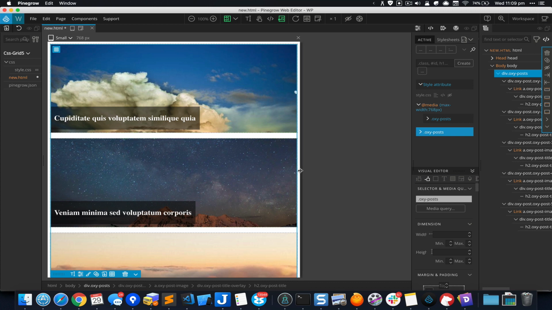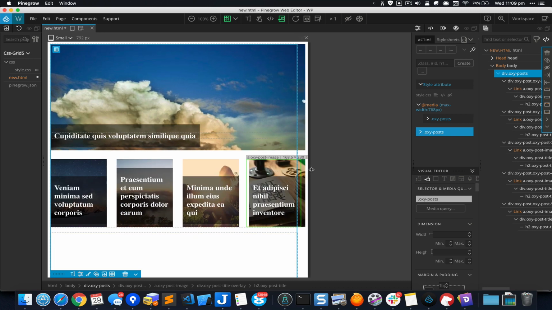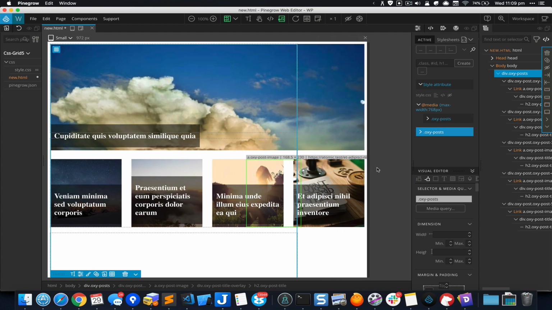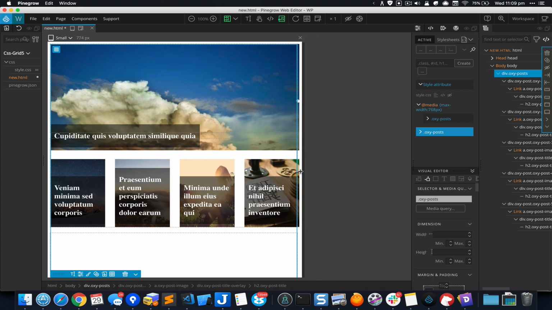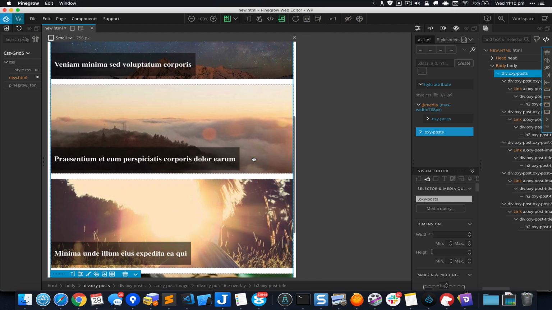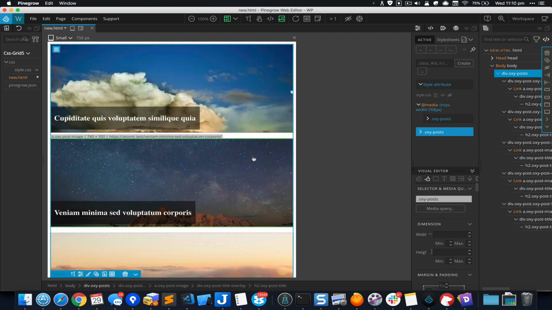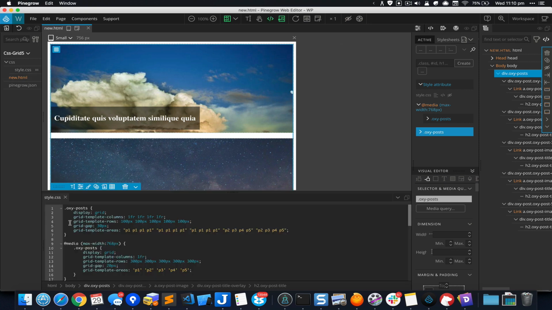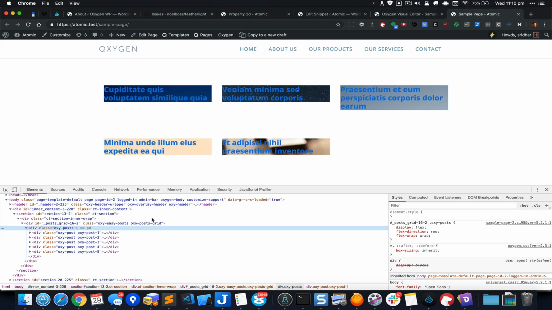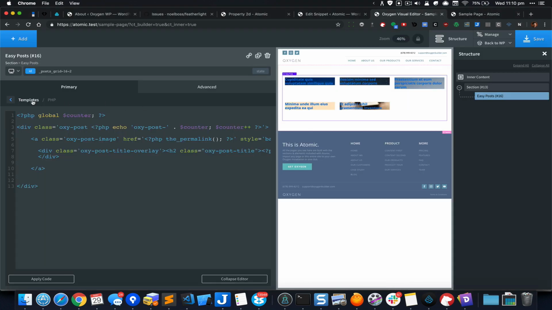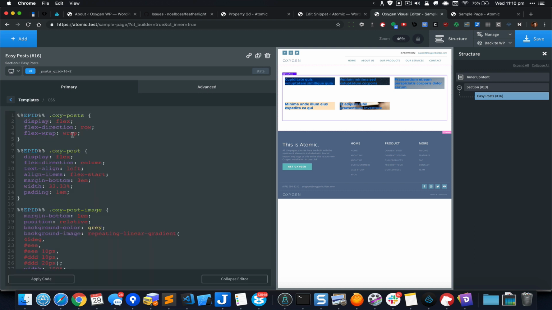So you can test this by going up. So anything above 769 and above is going to be like this. 768 and below, we have just made these posts appear one below the other. Okay, so now it is time to take the CSS and put it in Oxygen. I'm going to click on style.css and copy the entire CSS and go back to templates CSS and